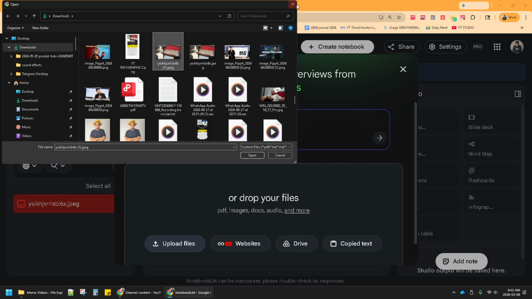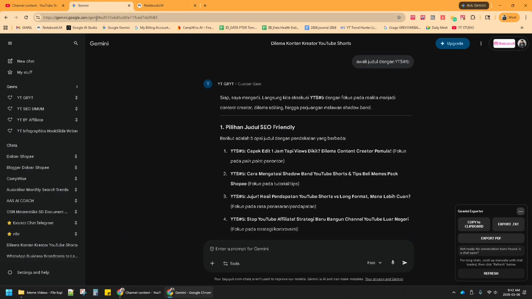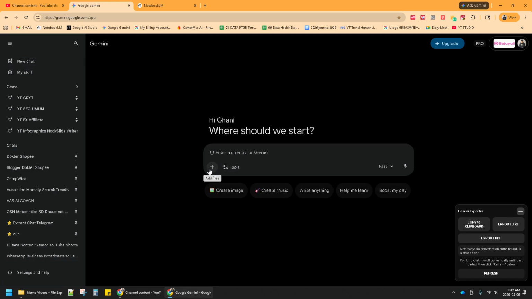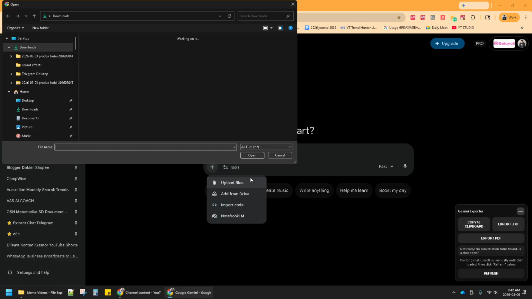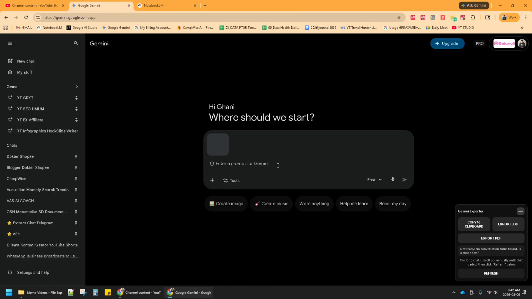So the solution is, if you insist on uploading that image to your Notebook LM, whatever your case is, what you have to do is just upload it to Gemini. So I will open a new chat on Gemini, and then I upload the particular image. I will upload the same image, and then here is the prompt: please describe this image